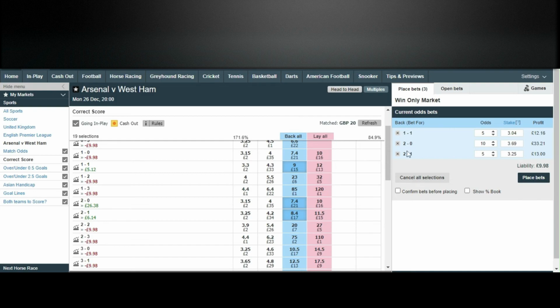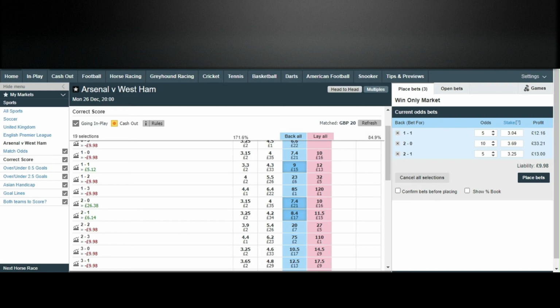You've got a strong favourite. You think they're going to win 2, you know what I mean? You think they might have 3-0, 4-0, 4-1, whatever. But if you think they're definitely going to get to at least 2-0 in some part of the game, obviously the later the better because the odds move better for you. But yeah, if you think they're going to get to 2-0 or 2-1 in some part of the game, that's good because then you can cash out.